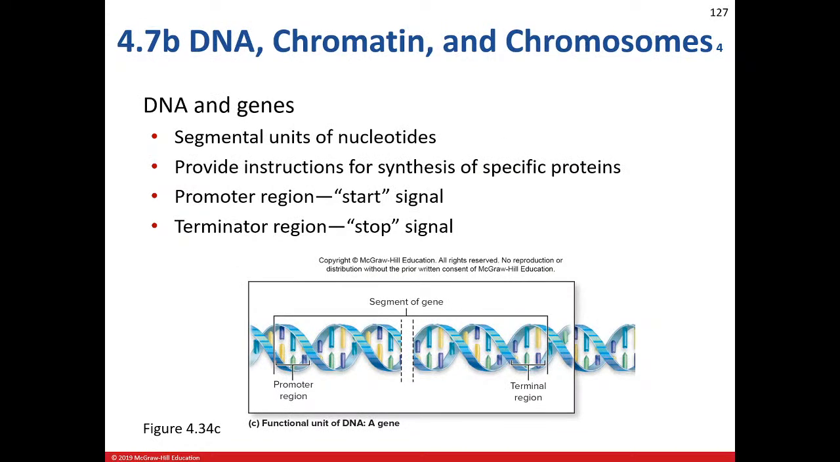All right, so DNA and genes. We've talked about DNA. Genes are basically a segment of the DNA that contains instructions on how to make a protein. There's going to be a promoter region, which is not actually the start signal. The promoter region tells proteins to bind here, and they get ready to start copying the DNA. But there is a start signal,